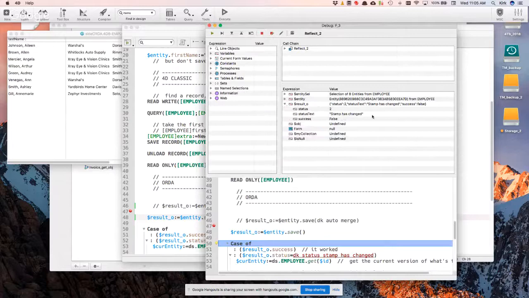So, and we see that we do not have success. And we get something that tells us the stamp has changed. And the stamp is this concept that every time something is saved, the stamp is simply a counter that gets incremented. Okay, so the stamp,